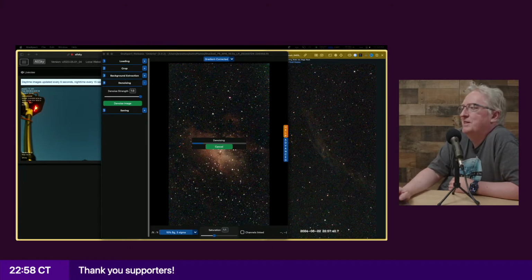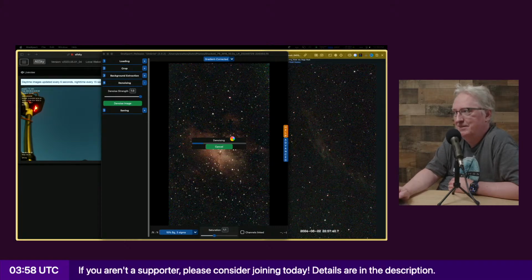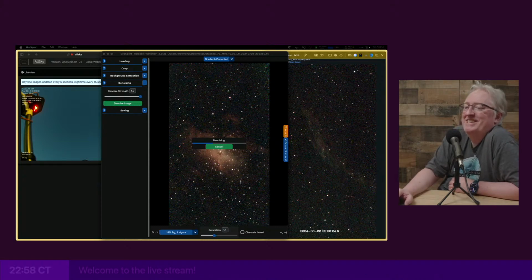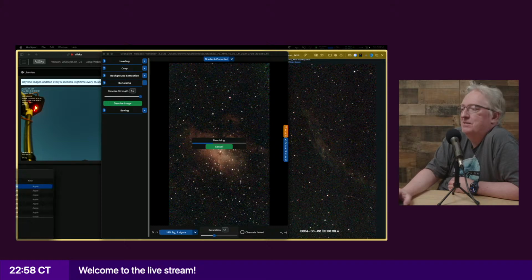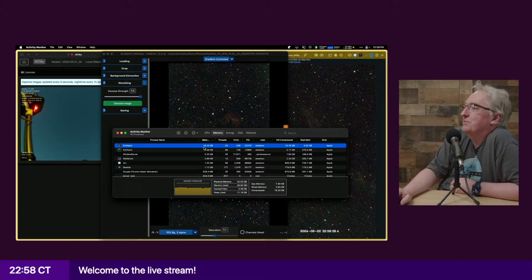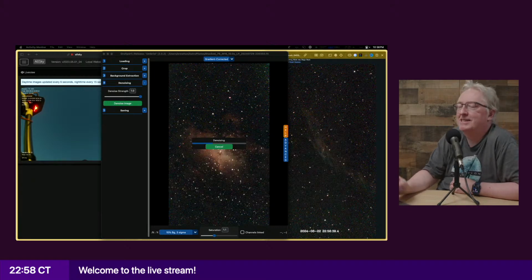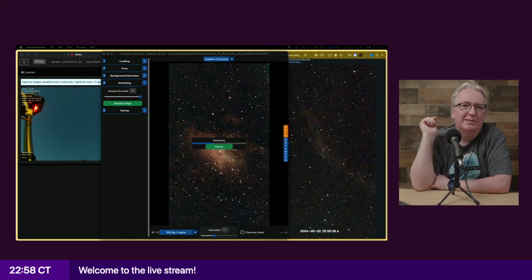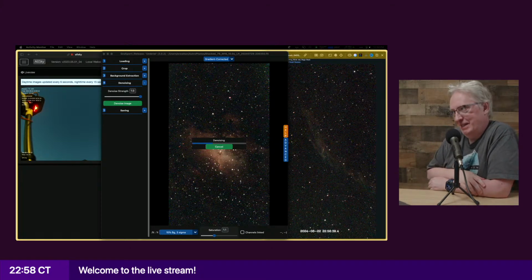Imagine if this is taking this long on a fairly modern laptop, on a Raspberry Pi this would not be good. And actually, let me see how much memory this thing is using. It is using 19 gig of memory. Yeah, I don't think I'm going to be doing the noise reduction on a Raspberry Pi. That seems highly inadvisable.